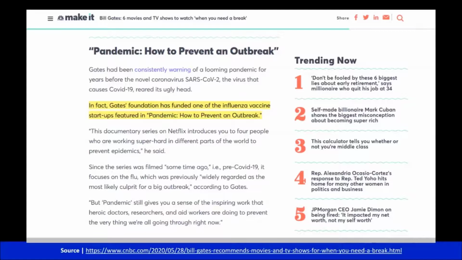So the movie clip I just showed you, he's recommending that you all go and see this. Why? So you're all going to be pro taking whatever stupid vaccine they come out with. It says, in fact, Gates Foundation has funded one of the influenza vaccine startups featured in the movie Pandemic, How to Prevent an Outbreak. So Pandemic isn't a fictional movie. Some parts are fiction, some parts are true, because they're using real footage of people